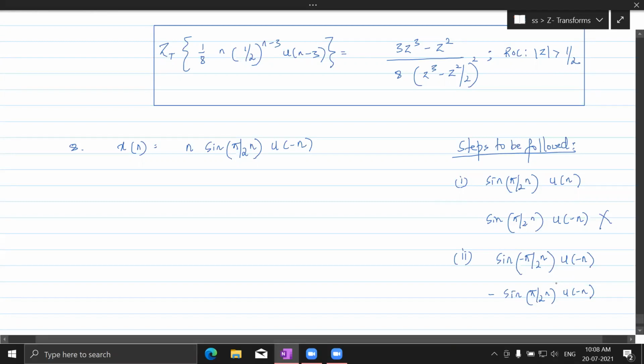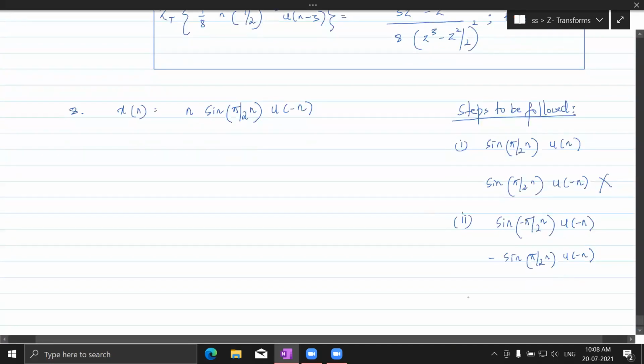Fine. So now this is something that we need to remember. After this, you have to go with this. So this is minus sine theta, which is known, right? So what if I have minus here and here both? What I mean is this. Then we can go with this. So this has to be sine pi by 2, right? What is sine pi by 2?